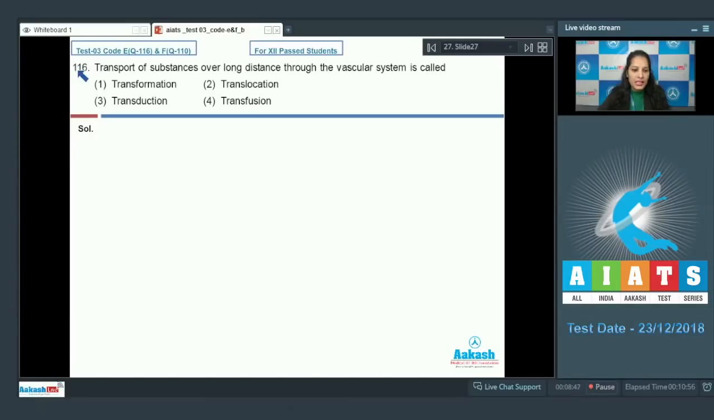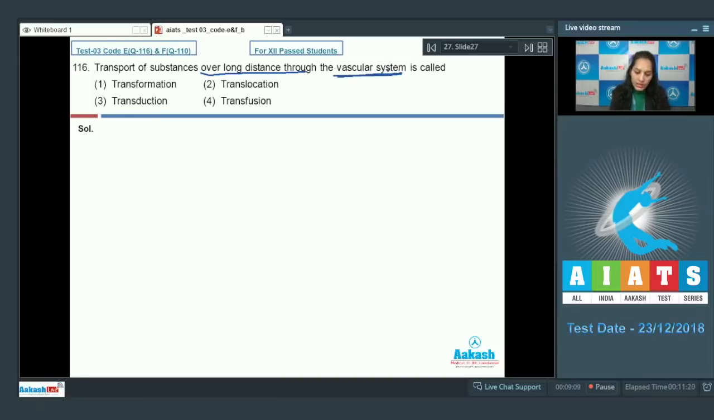Question number 116. Transport of substances over long distance through the vascular system is called. First option, transformation. Second, translocation. Third, transduction. Fourth, transfusion. So transport of substances over the long distances through the vascular system, meaning through the xylem and phloem, is called...